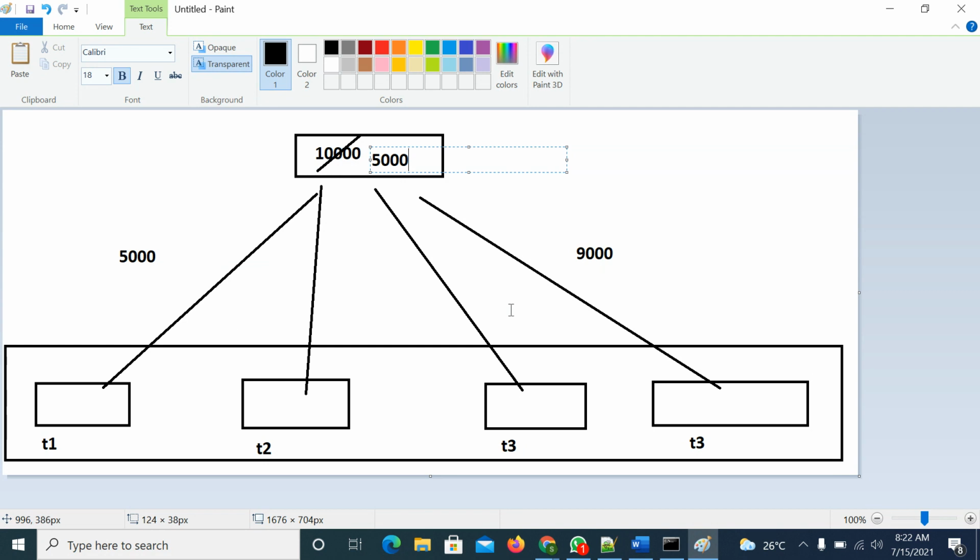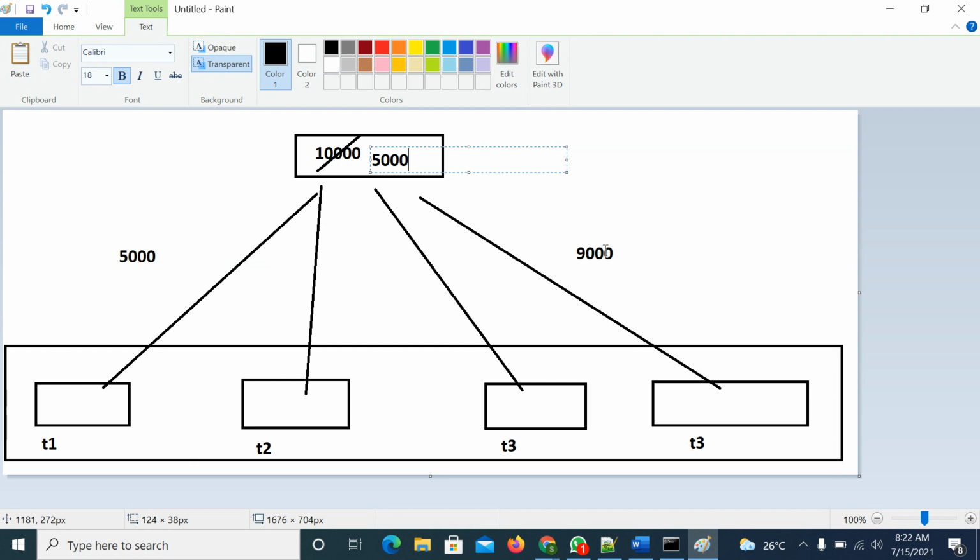If multiple threads are accessing the same data in a threaded environment, who will get the chance to execute? No one knows. That is based on the JVM, right? So in this case, the first thread is given priority, so the first person sees that 10,000 is there and is trying to withdraw 5,000. Within a fraction of a second, the JVM gives priority to the third thread. The third thread also verified that 10,000 is there, and he is trying to withdraw 9,000.